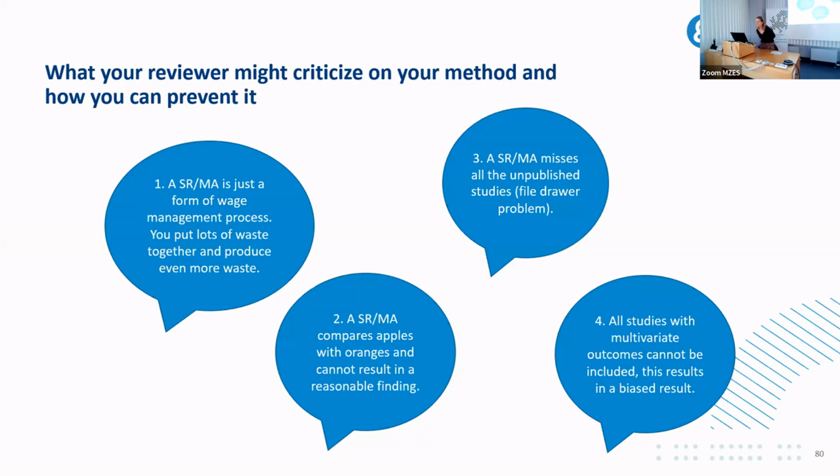Then another criticism is that a systematic review misses all the unpublished studies. Yes, if you only included published studies, this could be a problem, but there are certain methods, for instance, publication bias analysis with Egger's regression test. And here you can definitely test for whether